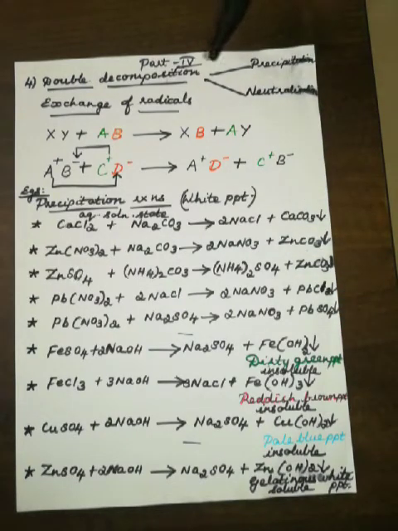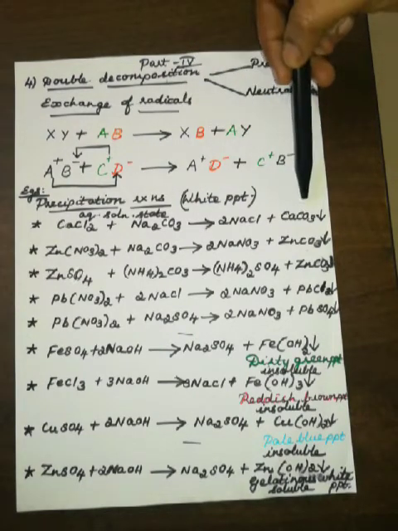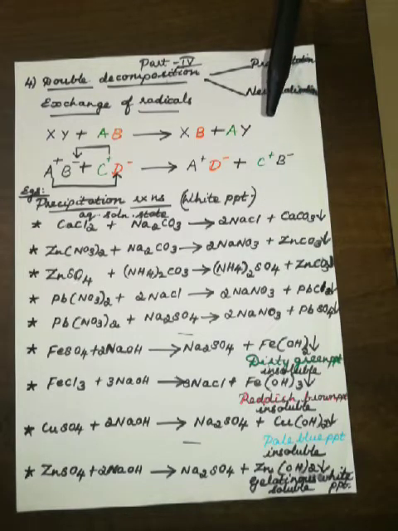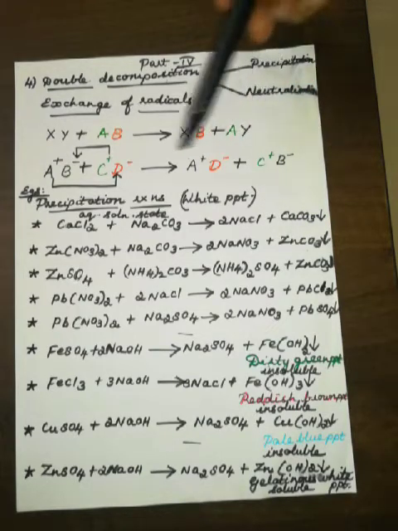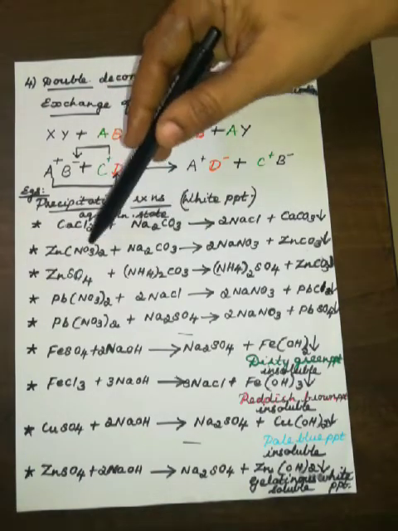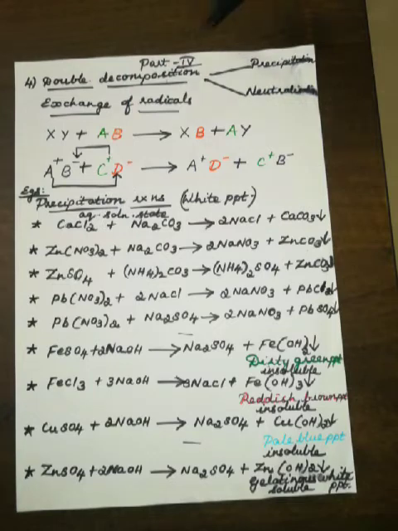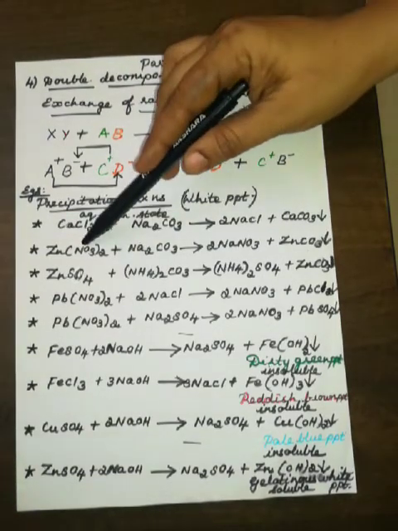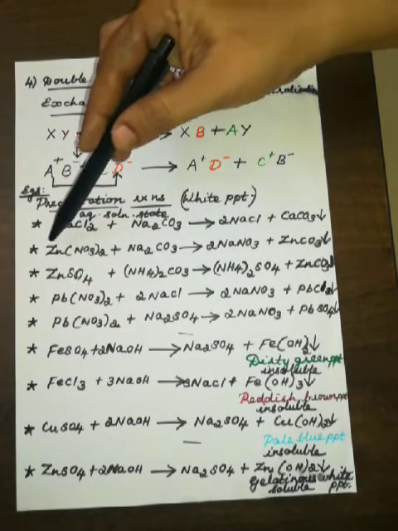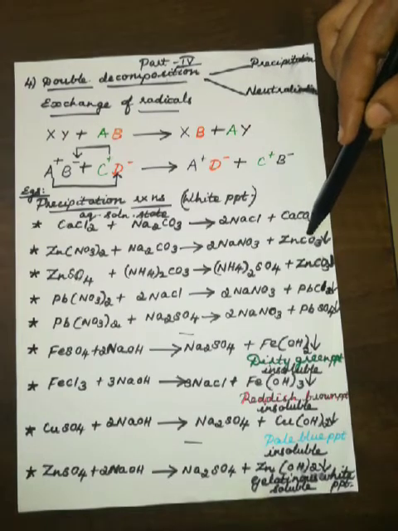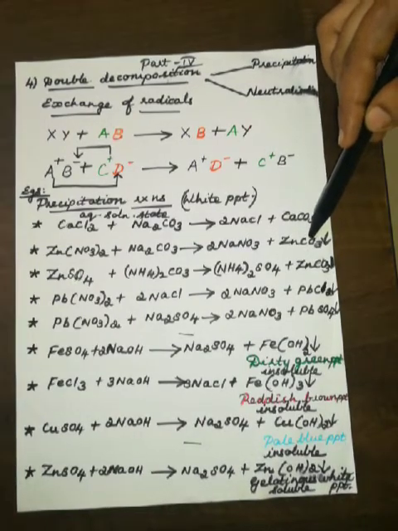With silver salt we call it a milky white PPT, for calcium a chalky white PPT, for zinc a gelatinous white PPT. So even among white PPTs, we have differences. Now coming to zinc nitrate with sodium carbonate. Make one of the salts an aqueous solution, and you will get the products: NaNO3 is split off and zinc carbonate is separated. So zinc carbonate forms a white PPT here.